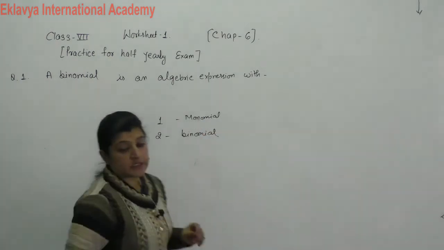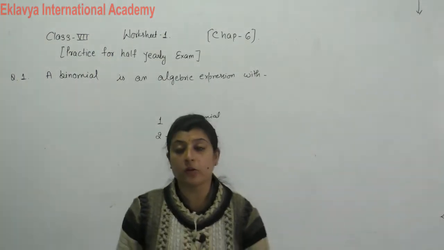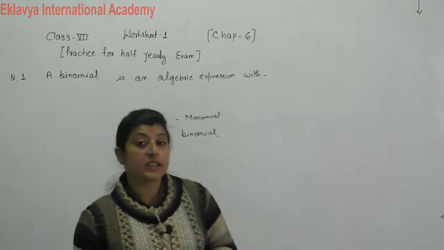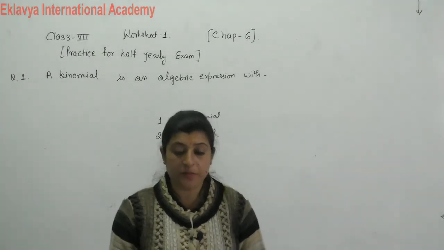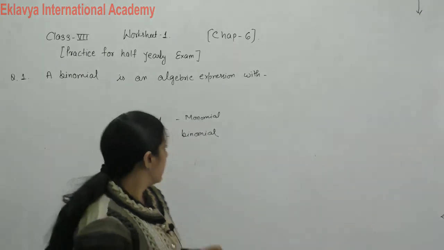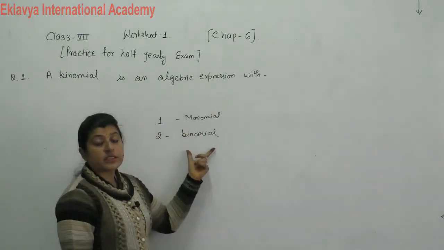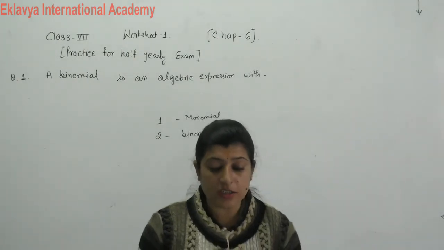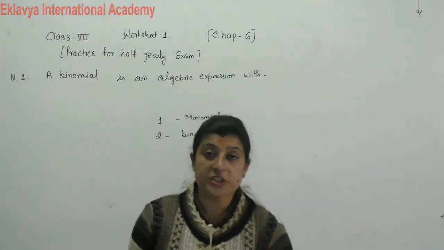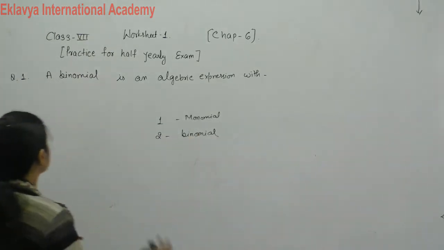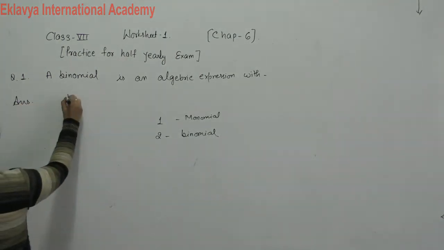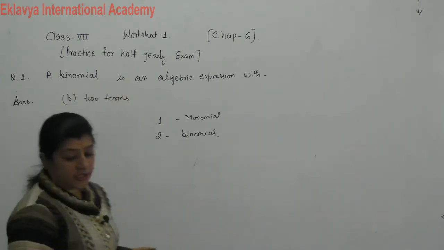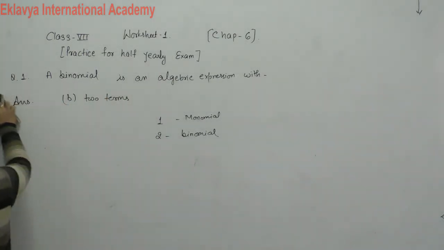Now see your options. Your first option is degree 2. Binomial वो होते हैं जिनकी degree 2 होती है, is wrong because degree 2 is called a quadratic equation. Two terms, yes it is right, because an algebraic expression that has two terms is called a binomial. Two variables, wrong. None of these, wrong. It means your option B is correct. Then you write down your answer like this: Option B, two terms. So this time you attend your exam properly, in a proper manner.